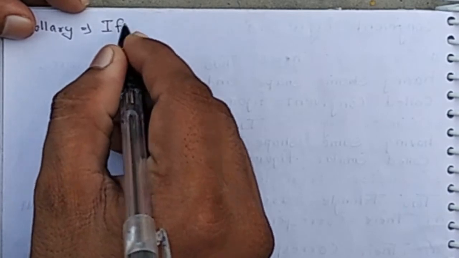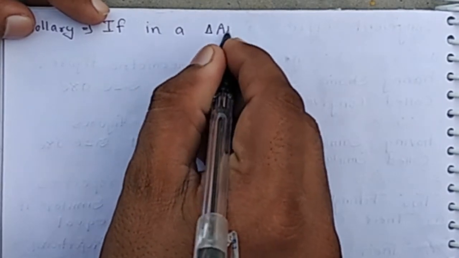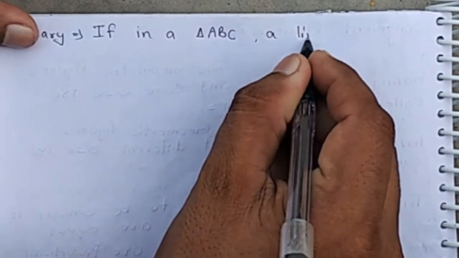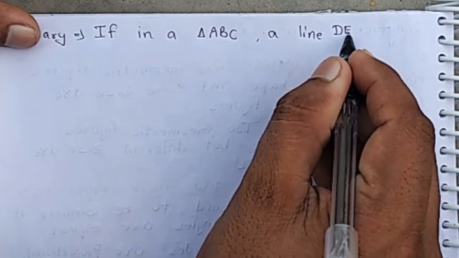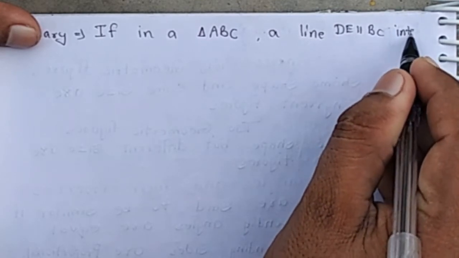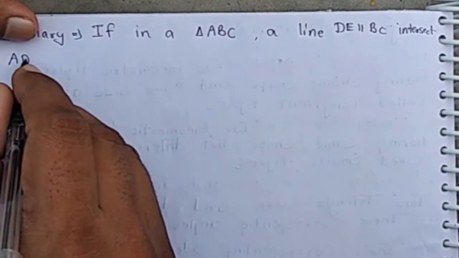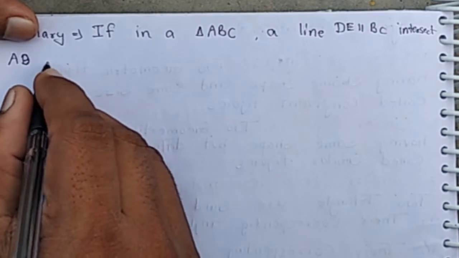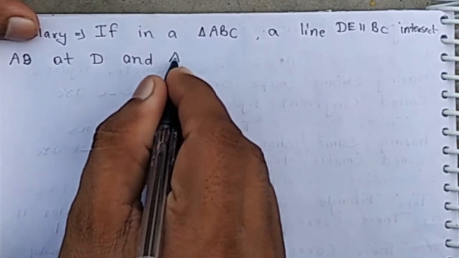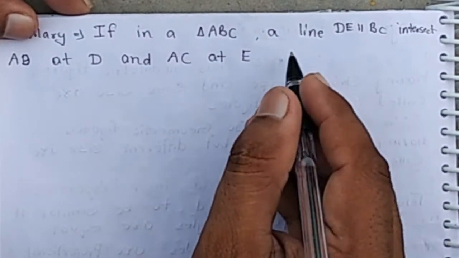If in a triangle ABC, a line DE parallel to BC intersects AB at D and AC at E, then we have to show that